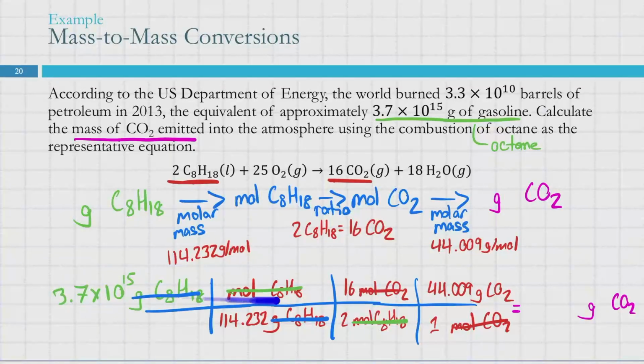3.7 times 10 to the 15 multiplied by 16 multiplied by 44.009. We're going to divide by the things that are on the bottom, the 114.232, and also dividing by the 2. You can do the top, multiply it all across, write that on the top, multiply the bottom all the way across, write that on the bottom, and then just do that division as one step. Also perfectly valid. And let's go ahead and do it that way just to show it. I think I've shown that once, but